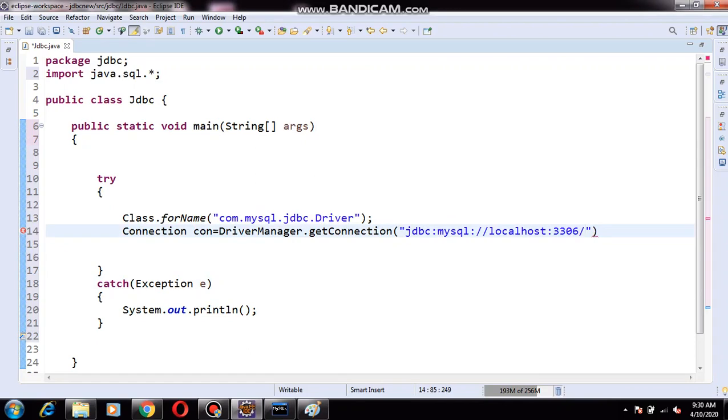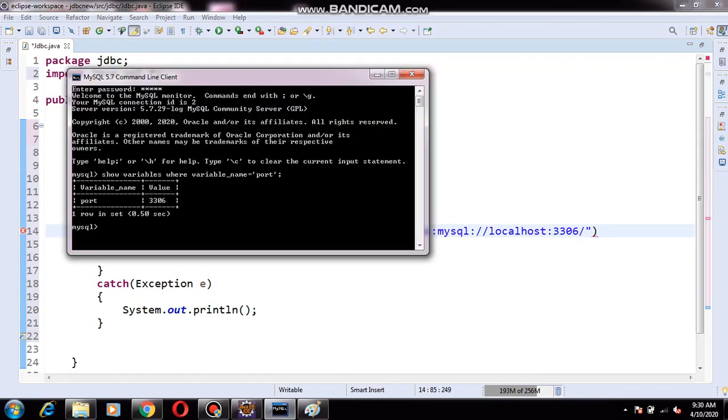After mentioning the port number, what is the first step in SQL I told you? To create the database. So I use create database details, or I will create my database with the name information.